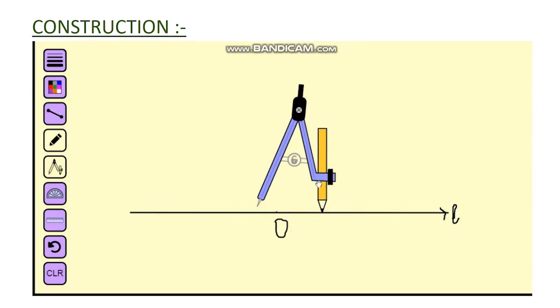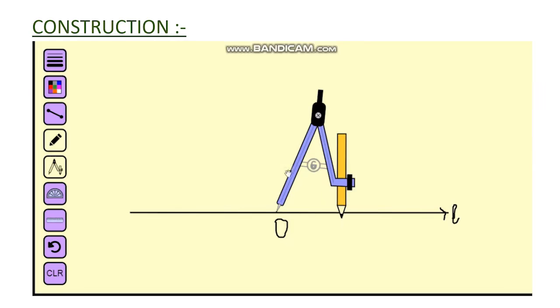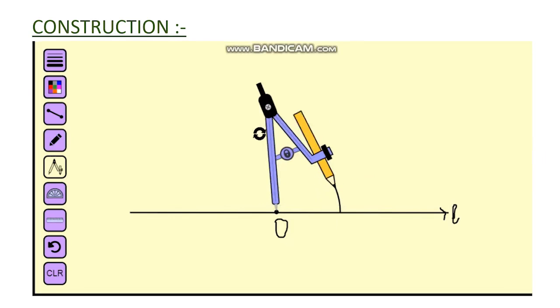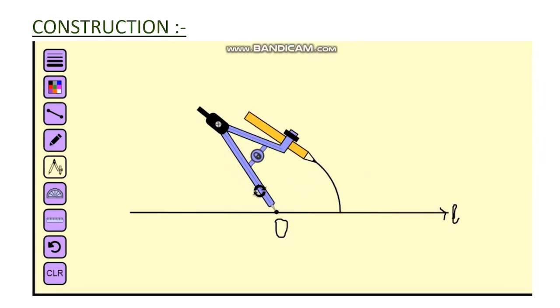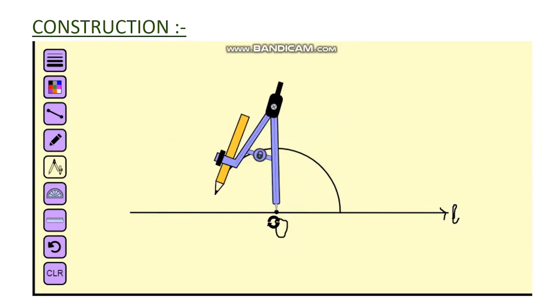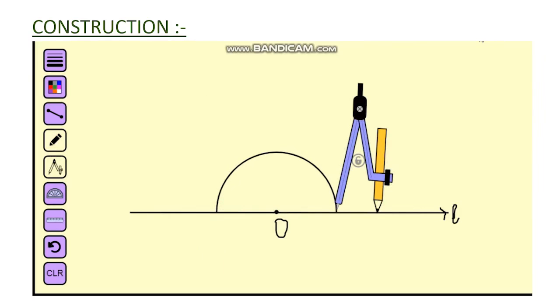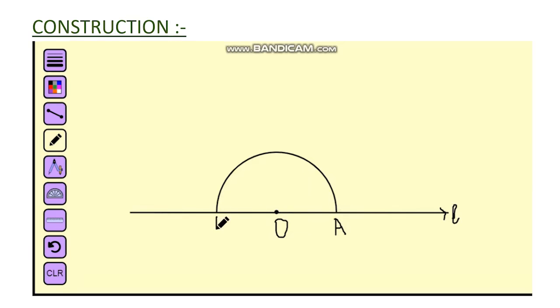Then we will place the pointer end at O, and then I'll draw one arc on this line L. After this we will mark the end point of this arc using pencil. So let's name it as point A here, and here as a point